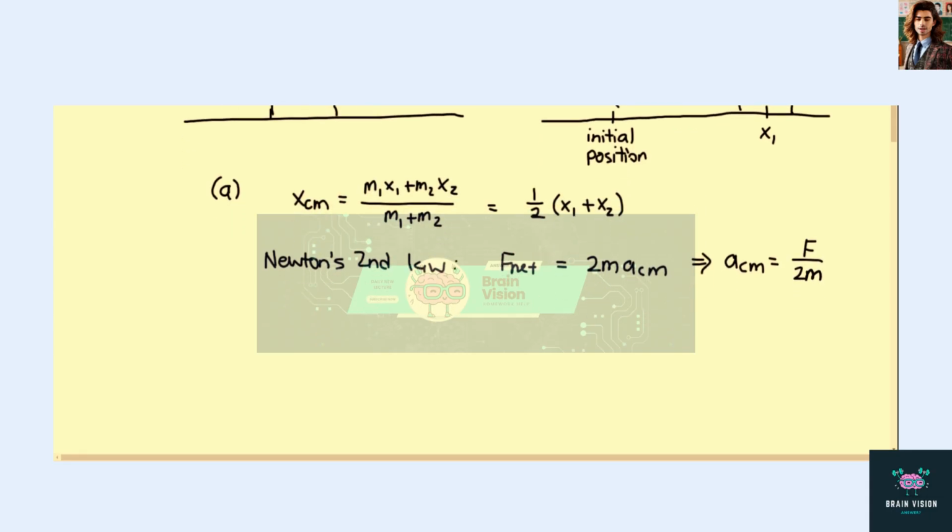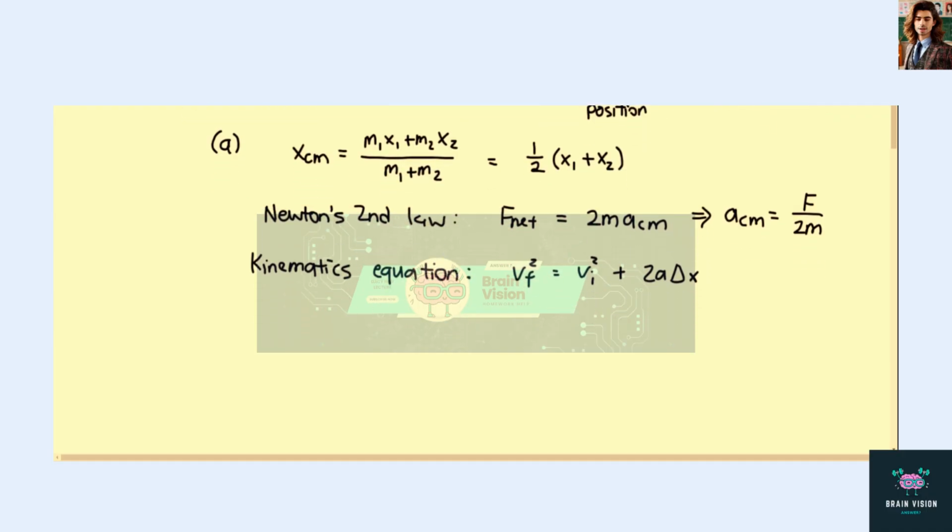Then we'll be using the kinematics equation: V final squared equals VI squared plus 2A delta x. A is our ACM, delta x is our XCM, and VI is 0, so V final is our VCM. VCM squared equals 0 plus 2 times the ACM, which is F over 2m,